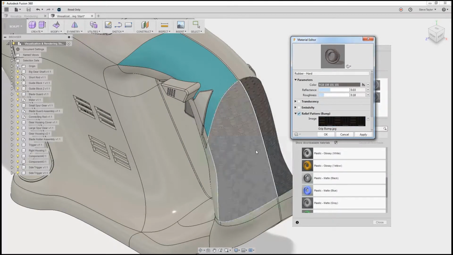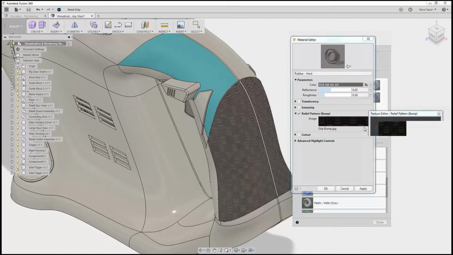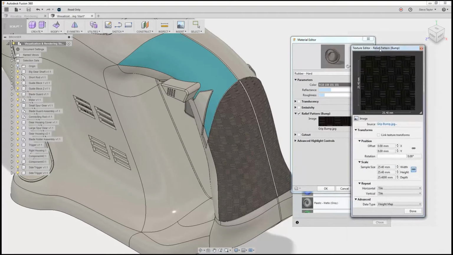it's now put it in, and you'll notice now, let me just open this a little bit higher so you can see it. We've got our image in there. You can change the scale and rotation of it. So as we're looking at our bump map now, it's in the actual image itself. Whilst we're in here, we can change the scale of it, the offset, the rotation. So if I want it at 90 degrees,